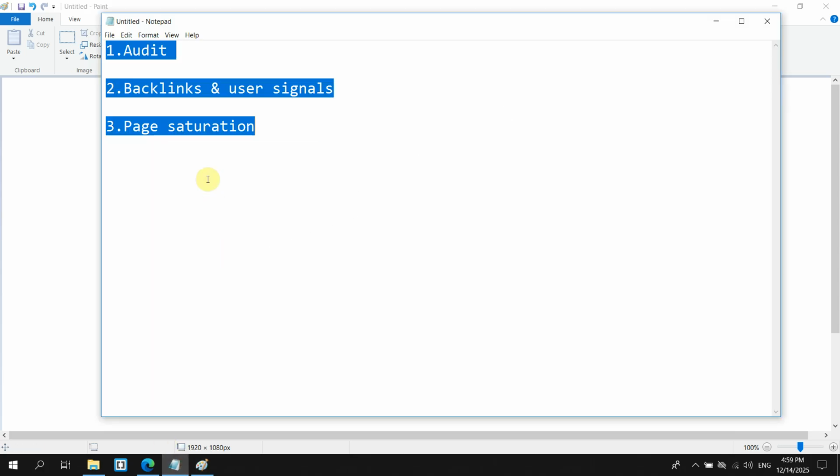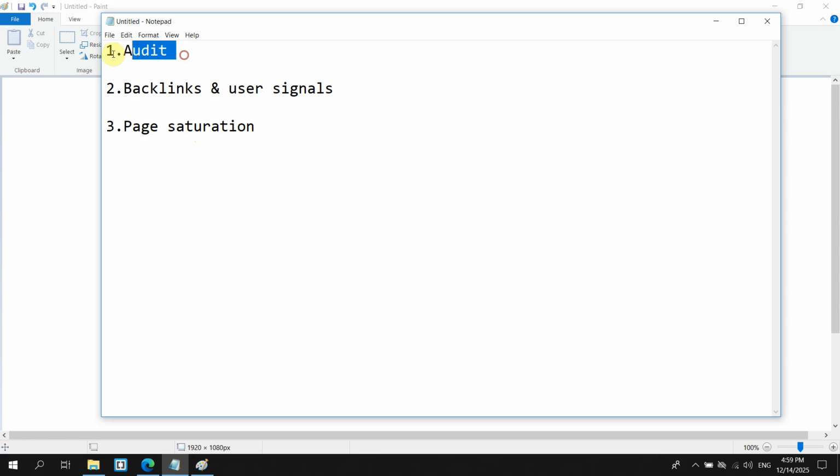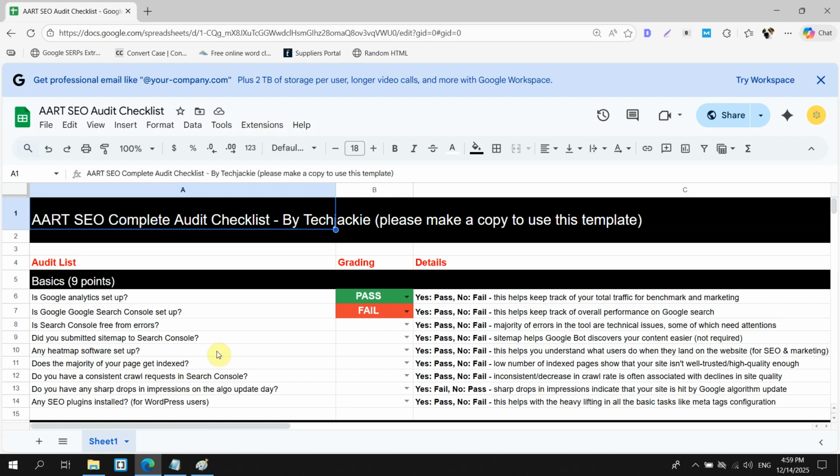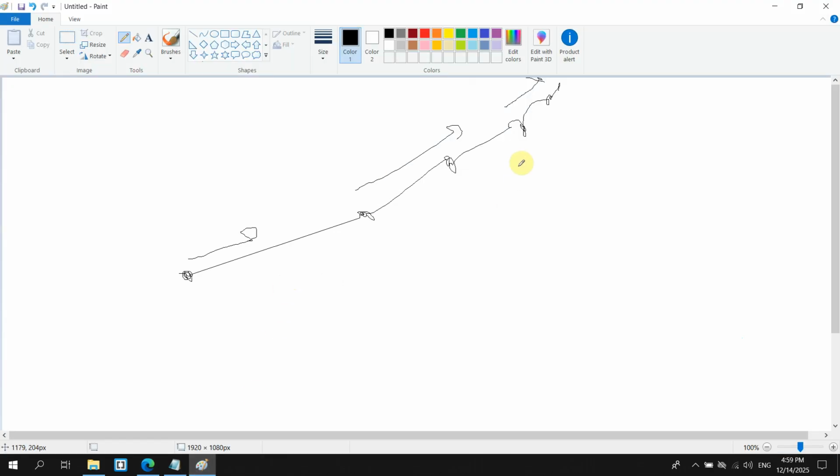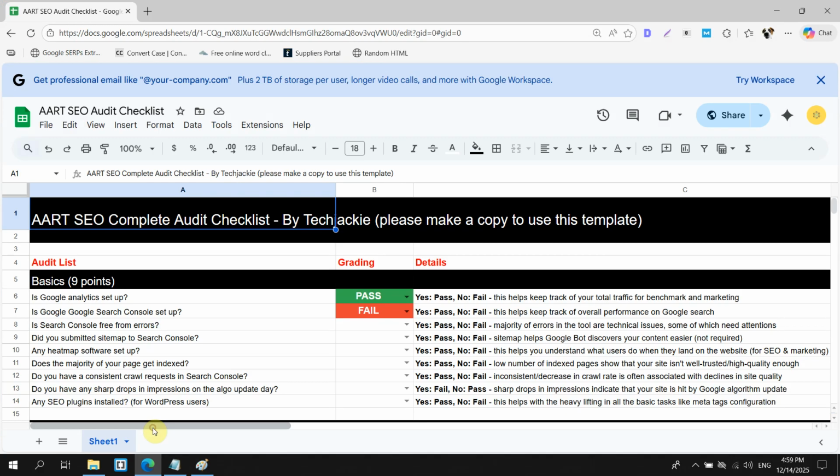So let's dive into these 3 things you can do to get your keywords up to page 1 of Google, even number 1. First thing is, you have to do an audit on your website, or specifically on your target page. You have to make sure that everything is as perfect as possible. Now in SEO, just remember that there is no such thing as perfect. You can never do perfect SEO, because no one truly knows how Google actually works. But your goal is to do as much as you can and cover everything as much as you can.